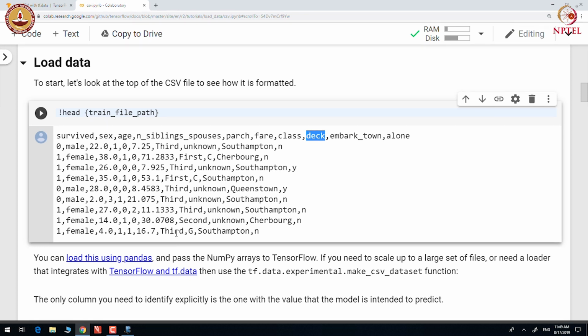If you want to scale up to a large set of files, then we will have to use make_CSV_dataset function, which is currently in the experimental version of TensorFlow.